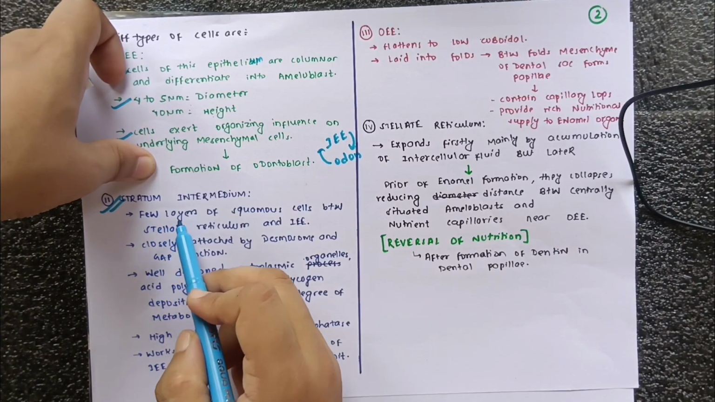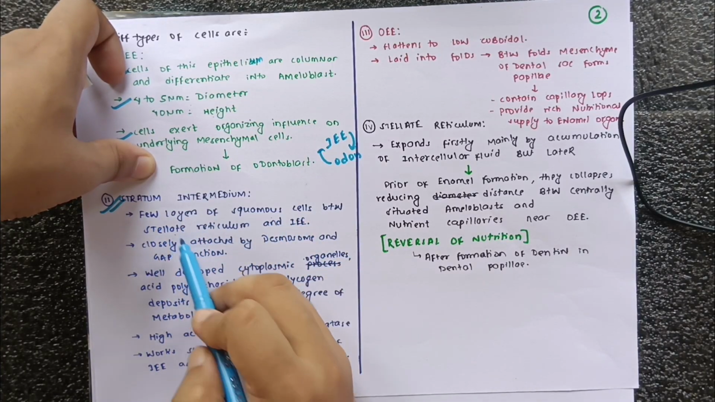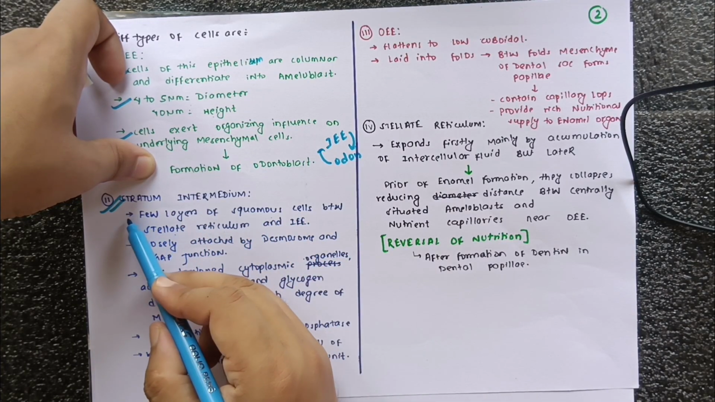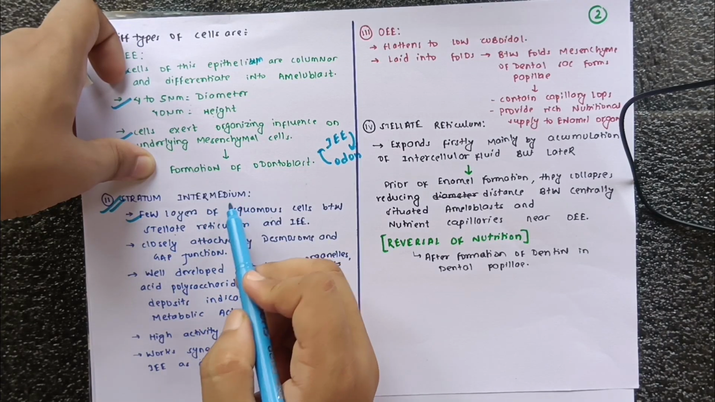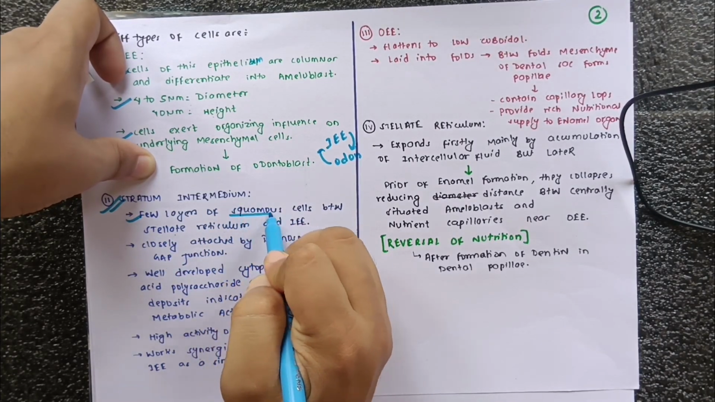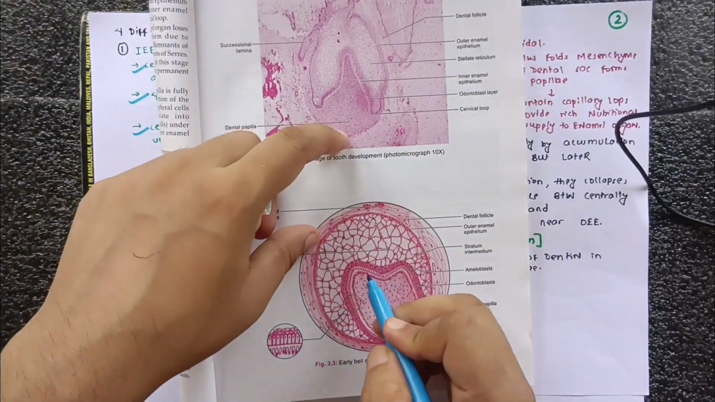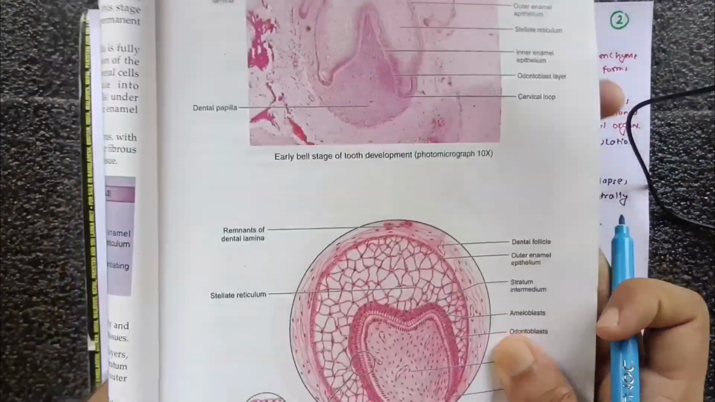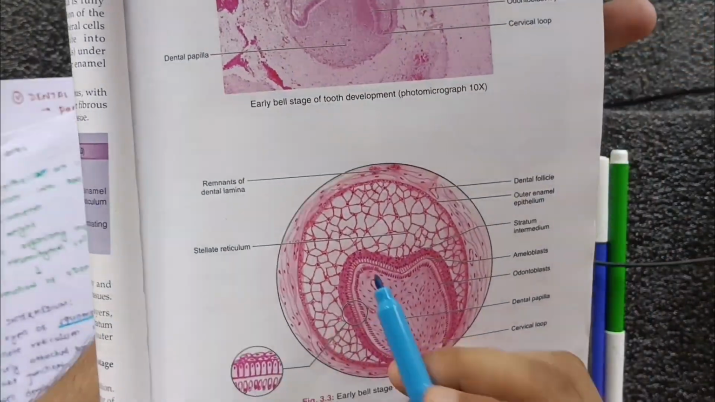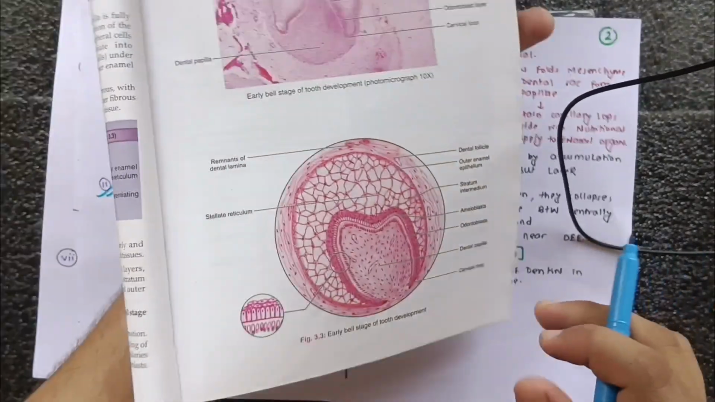stage. There are a few layers of squamous cells present between the stellate reticulum and the inner enamel epithelium. This is the stratum intermedium. Squamous-like cells are present there. I will show you in this picture. As you can see here in this picture,